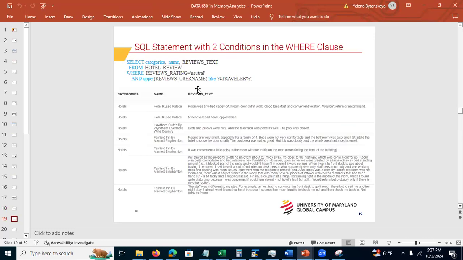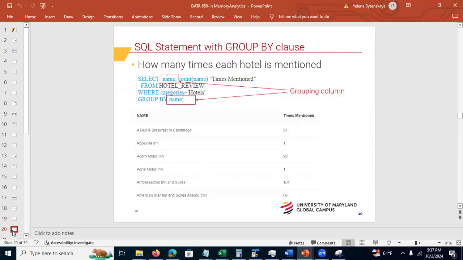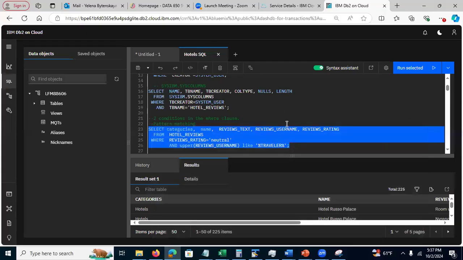So this is just an example of the query we just looked at. You have two conditions, and I explained why we convert to uppercase, right? Because we want the comparison to be case insensitive, right? So now, next thing is,